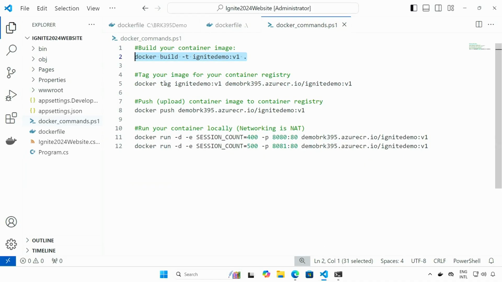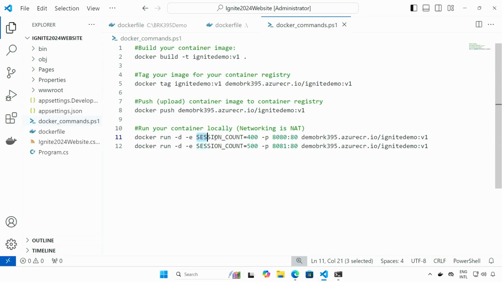The next step is to tag our container image, and I'm not going to do that in the interest of time. But essentially the Docker tag is so you can push, which is a fancy name to say upload, my container from my local machine into a container registry. And being in a container registry, any other nodes can go and pull or download that container image to run locally, okay? So I tag the container image from my local image to the registry, I push the image, and then I can go ahead and run.